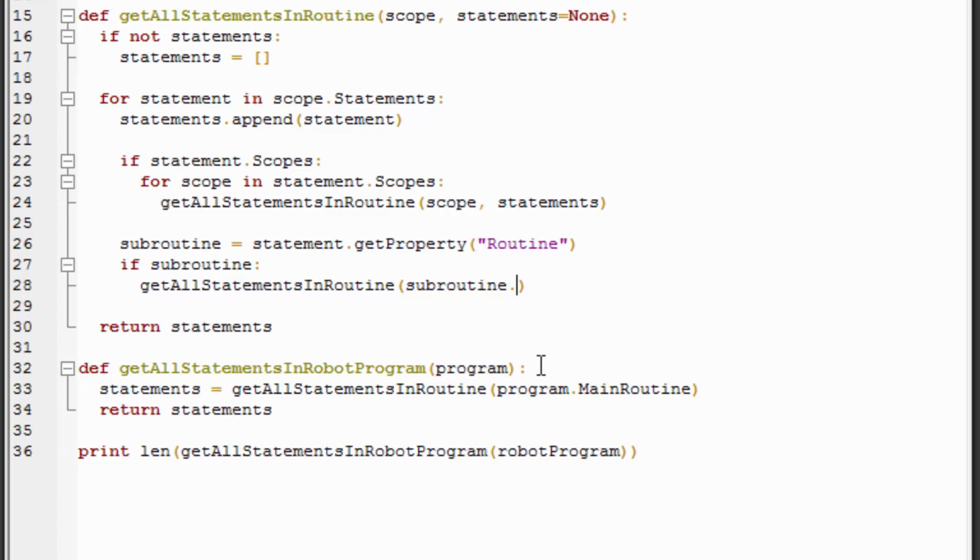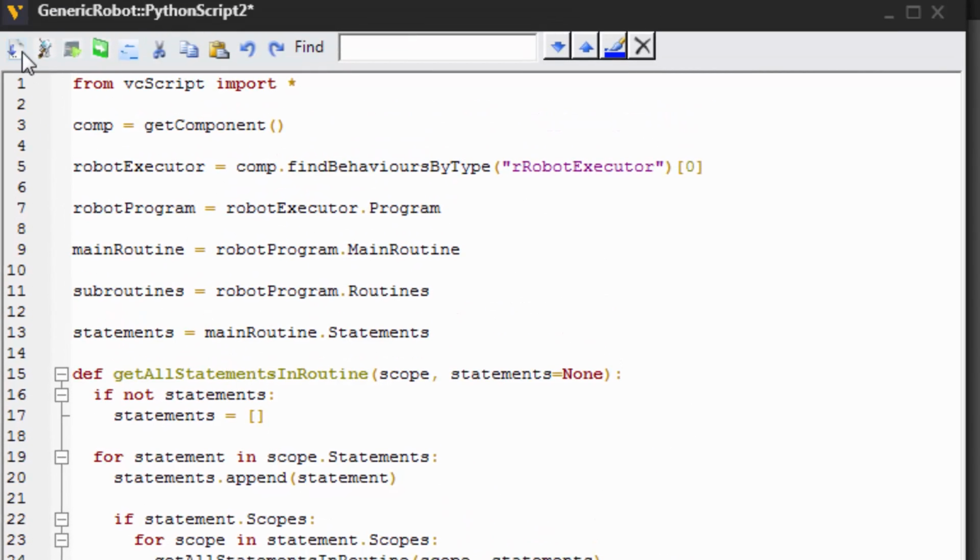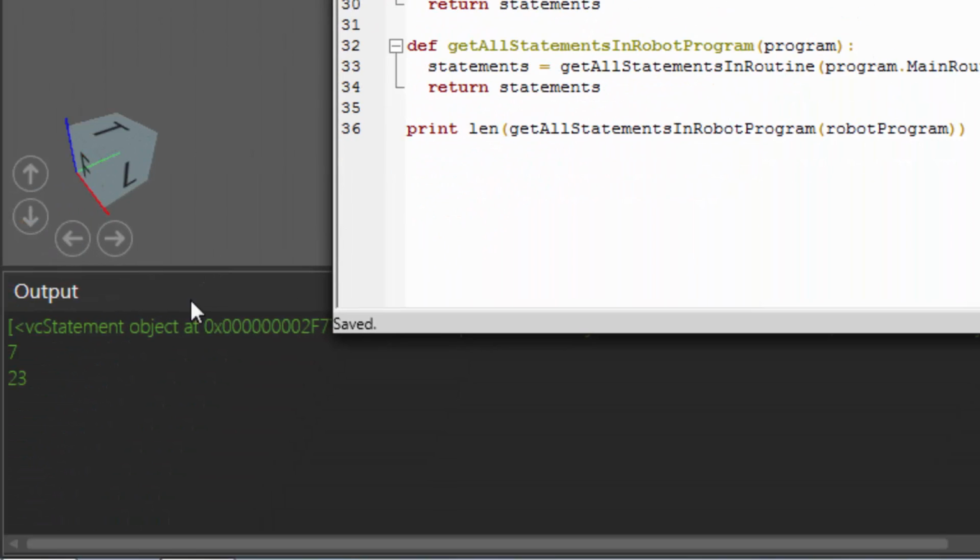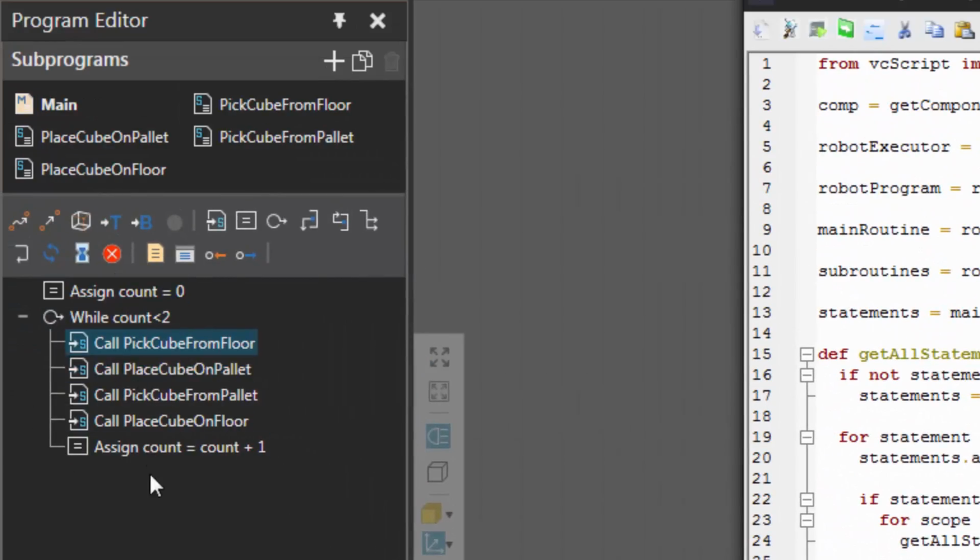So in this case we're going to use the value of that property, so it'll give us the routine or the subroutine. And we want to use the same list, so I'll pass it also our statements list. And let's see what happens. So if I compile the code, now look what happens. Instead of 7, we get 23. So there's 7 in the main routine, and each of these subroutines has 4 statements. So 4, 8, 12, 16 plus 7, that's 23.